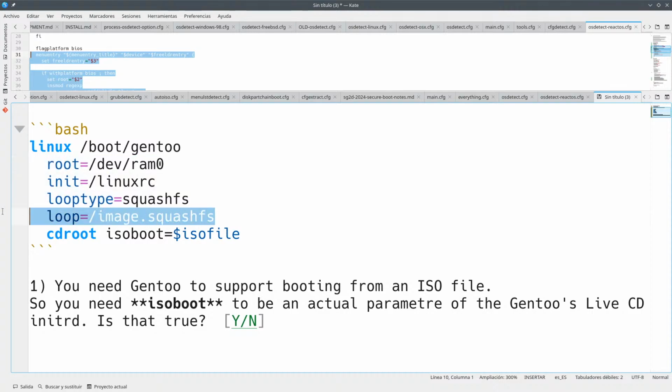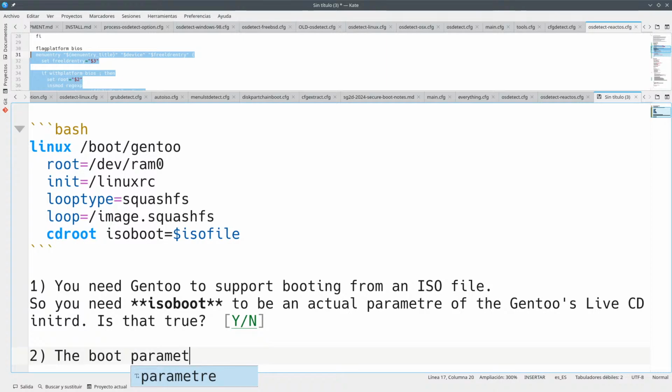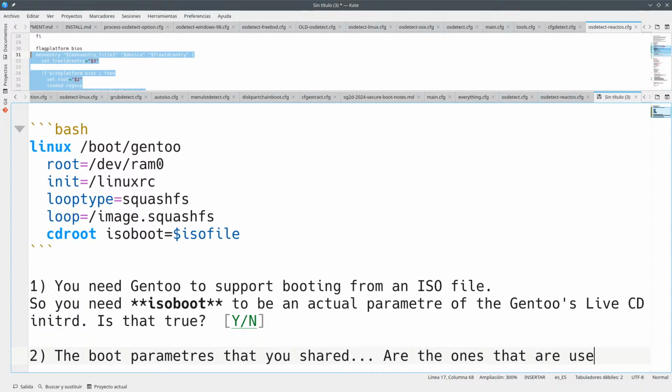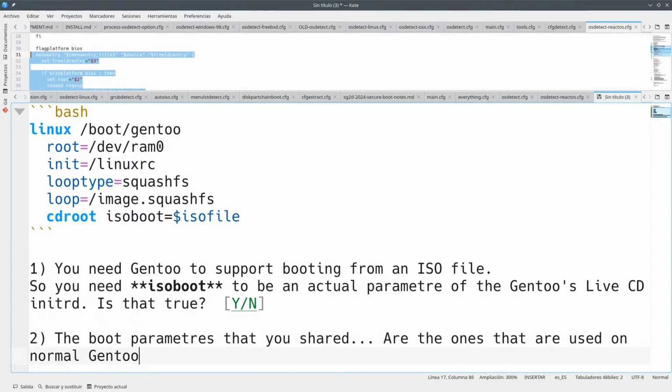So are you telling me that these boot parameters that you have shared are the ones that are used on normal Gentoo's live CD?